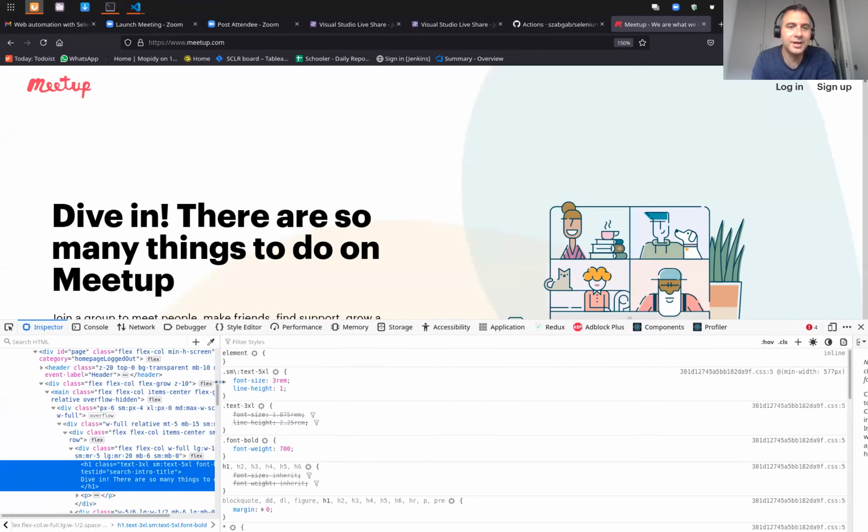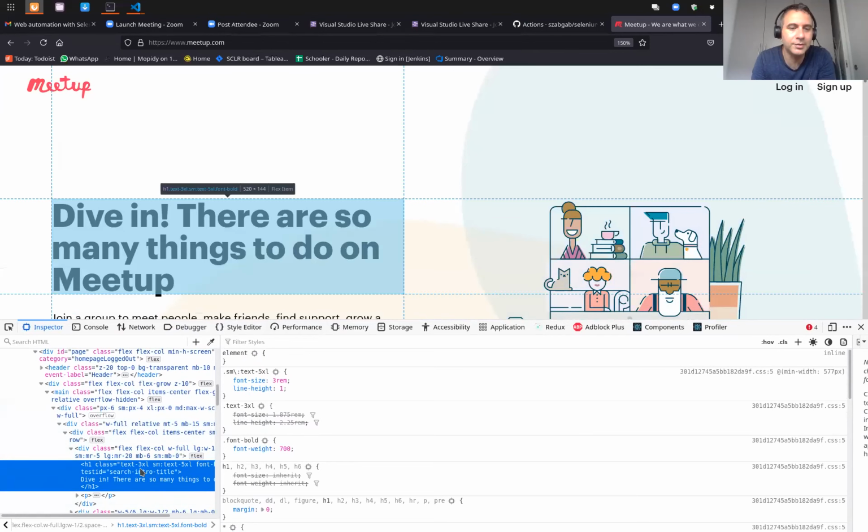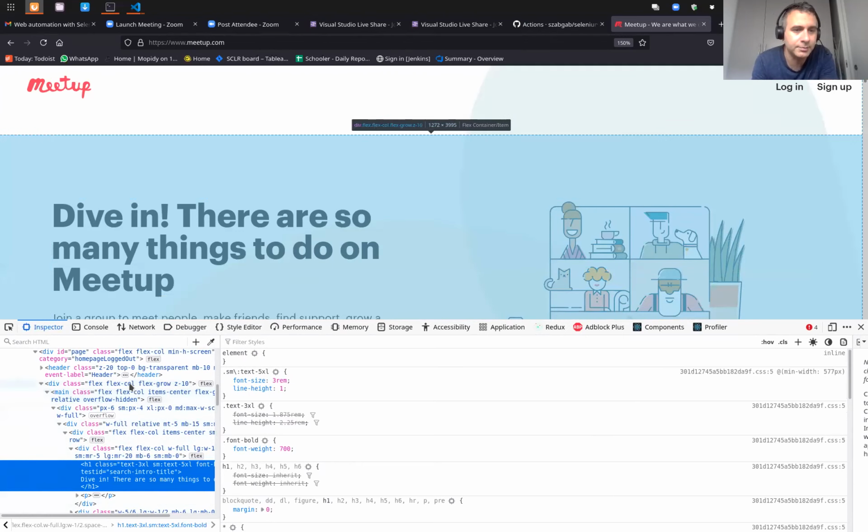However, that CSS selector doesn't feel right to me, because I want that main banner, but this class text-3xl feels like it might change in different resolutions, and it feels like part of the design rather than the actual structure of the page.